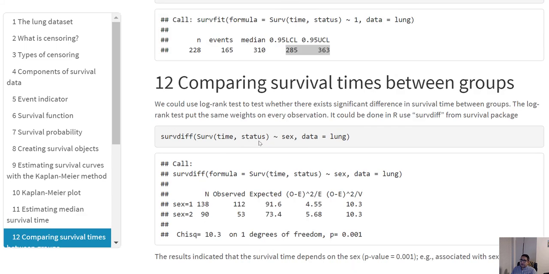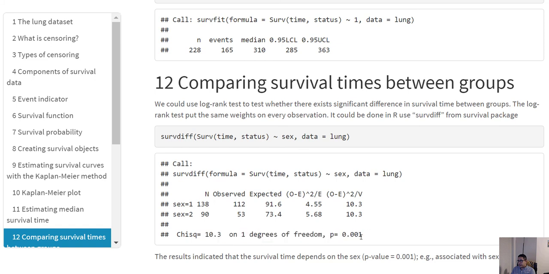So besides the plot, we probably want to know how these survival times between the two groups compare, whether they are different or not. So we have the same survfit, and the stratifying variable is still sex, but we are now using this survdiff to get that comparison, and this will give you a chi-square type of test